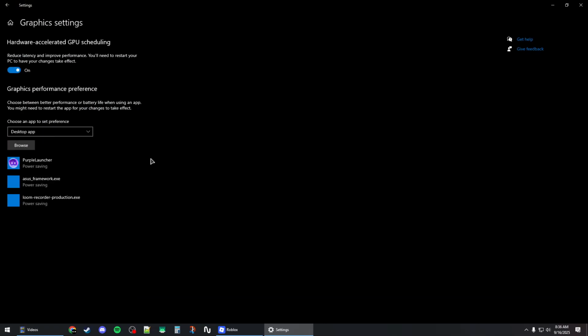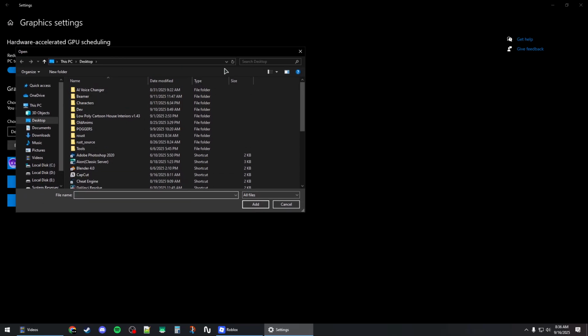And from here, you want to basically select desktop app if you installed Roblox from the website, or you want to switch to Microsoft Store app if you installed Roblox from the Microsoft Store. And if you don't see Roblox in here, you should click on the browse button and then navigate to